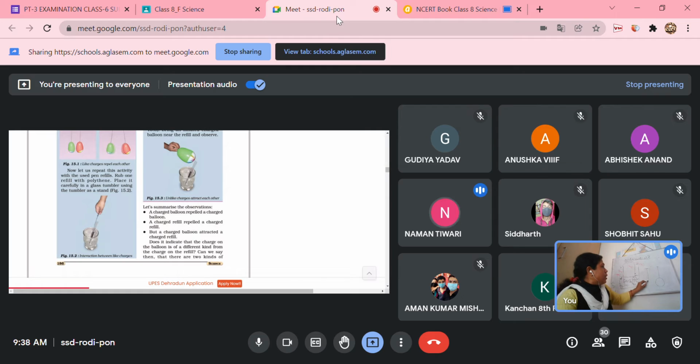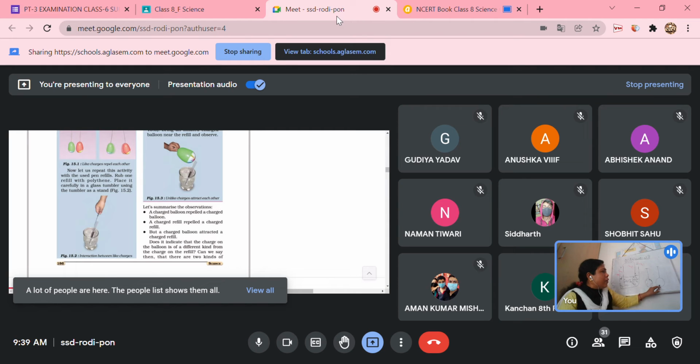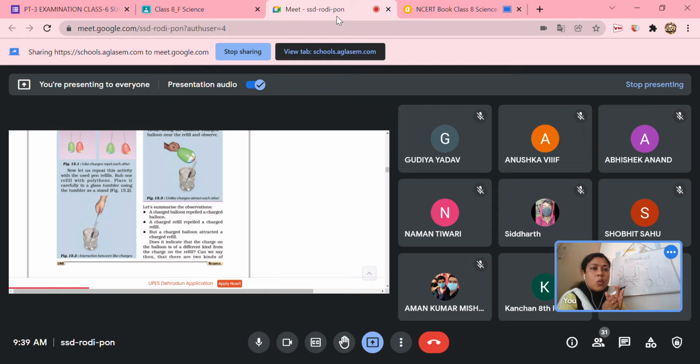So one balloon is over here and the other is over here, of the same volume. What have we done? We have taken both the balloons and individually rubbed them with woolen cloth. So they have acquired some kind of charges. Now, if we again hang the two balloons together, you will see that they are showing